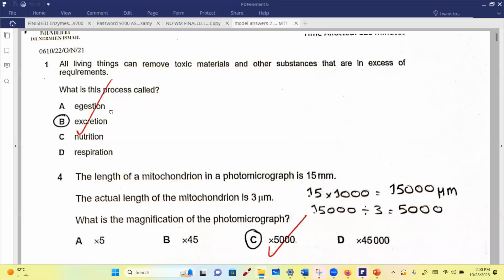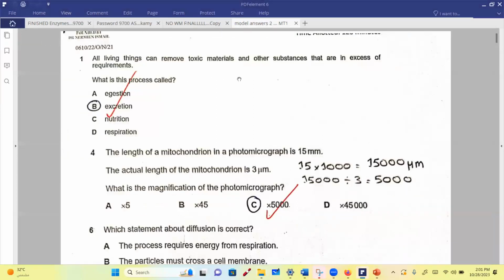Okay. Now the exam, in my opinion, is very easy. But of course, if you did not study, it will never be easy. Now, the first question was an easy one. You all got the first question correct. I'll talk about the second question because a lot of you did not get it right.